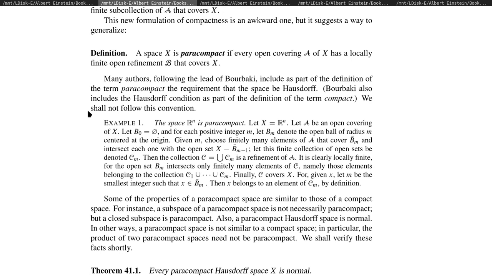The example that Moncrief gives is that of Rn. So Rn is paracompact. You take this open covering of X. So you have the same open balls of radius m centered at the origin. So for a specific radius, you choose finitely many elements of the covering that cover the